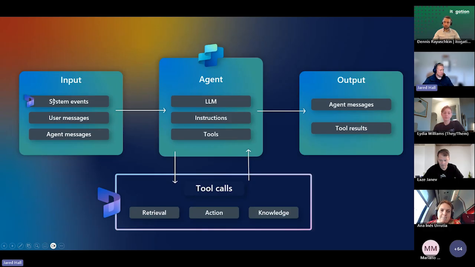Then we need to trigger that agent. That can be either through system events, that could be business events or data events coming from finance and operations, or other events that are built into the ecosystem. User messages or prompts, and then agent messages that are triggering the agent operation. But when a tool is determined by the generative orchestration that it needs to be called, we call back into our system to either run the business logic or get the data that is necessary to fulfill that operation, bring that back into the agent so that we can give a response back as output to the user. So we're always making sure that we're grounding these operations in the data and business logic of your applications.